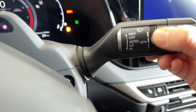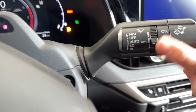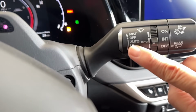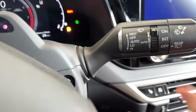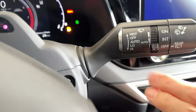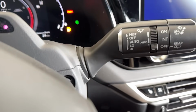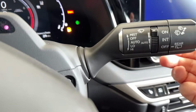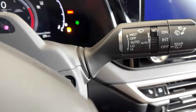You do not have to try to line up this little toggle with the word auto. So we're going to put them in auto mode and then just choose: do we want them to be the most sensitive, or increments in between down to the least sensitive? So I prefer more sensitive, or all the way at the top, because I like my wipers to come on